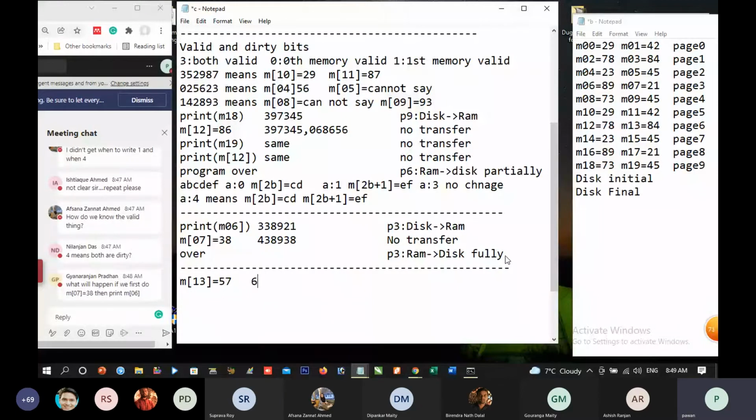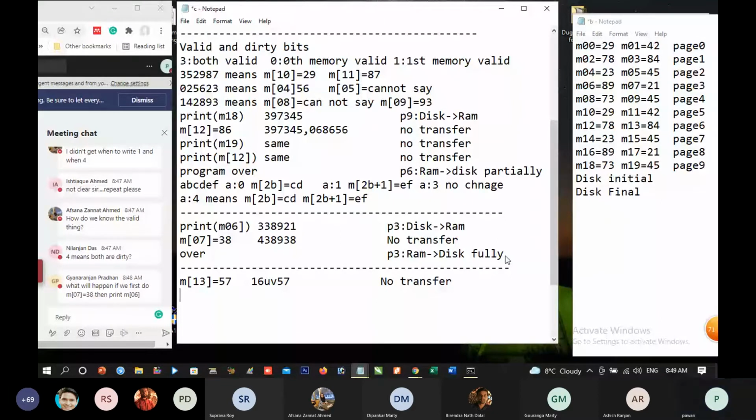The first 2 letters can be any garbage, and the second part will be 57. And here we shall write 1, meaning the next 2 digits are garbage. And here no transfer. Is it correct?